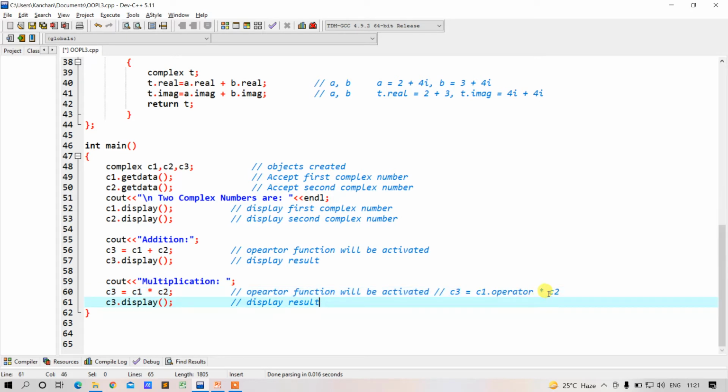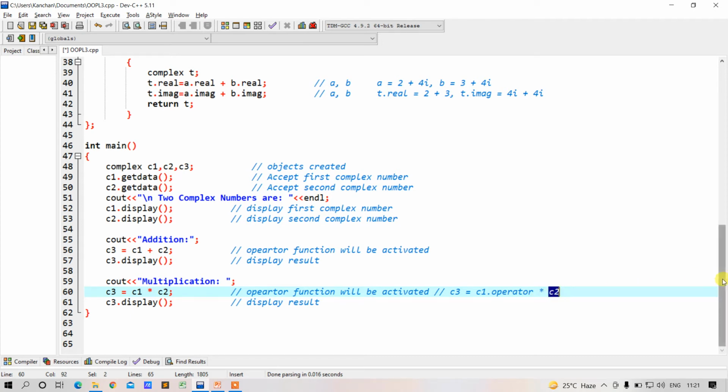So the values of C1 will be implicitly given to the operator function, and for C2 the values will be given explicitly to the operator function to perform the multiplication of C1 and C2.